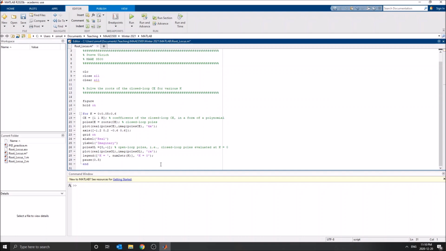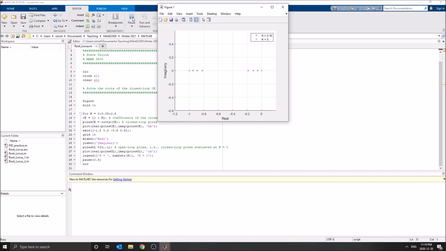And that should be it. So let's see how it looks. There you go. You see that as we increase the gain k, the poles move from their original location that corresponds to the open loop pole location at s equals 0 at the origin, and the other one at s equals minus 1. And as k increased from 0 to, in this example, 0.6, we saw both poles smashing